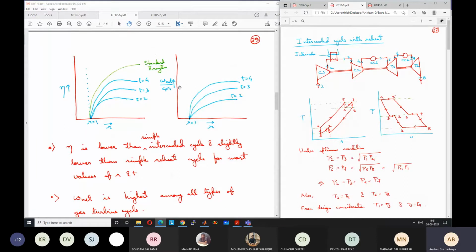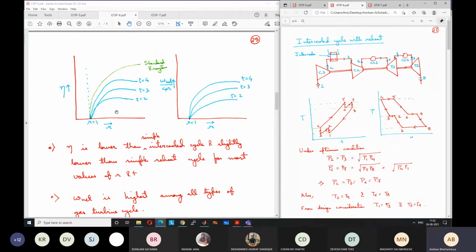Now we have seen that this cycle gives the highest work output. Now the only thing is that if we can increase the efficiency, then it would be ideal. And we know how to increase the efficiency, right? We know that if we put a regenerator, the work output does not change at all. So there is no effect of the regeneration process on the work output. So if we put a regenerator, the work output will remain highest, will remain the same as this, but the efficiency should increase.